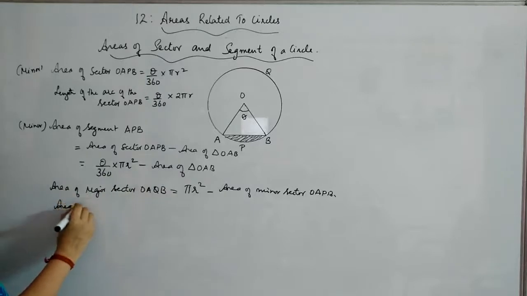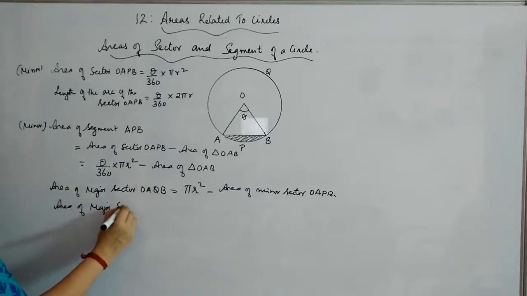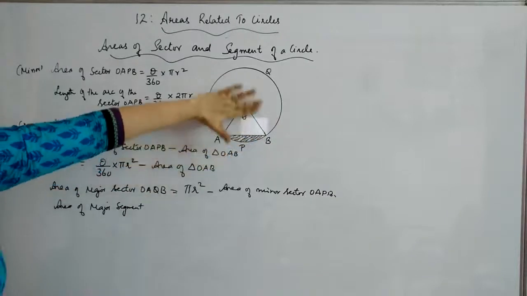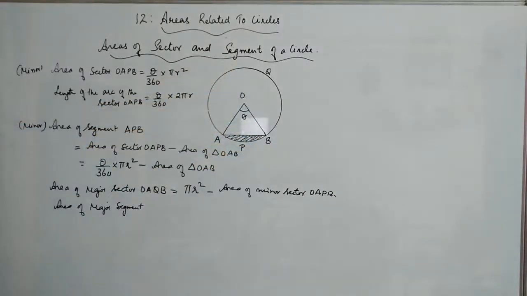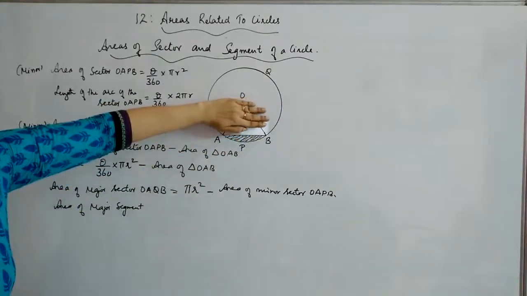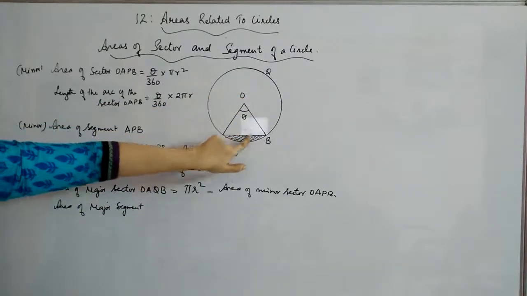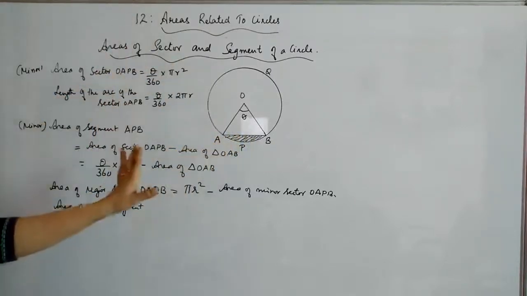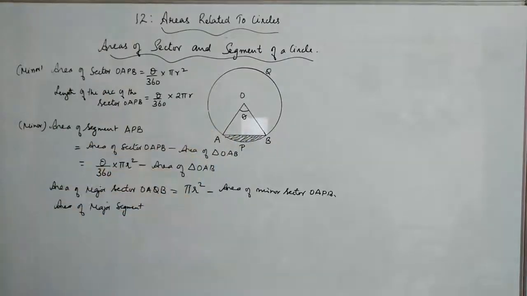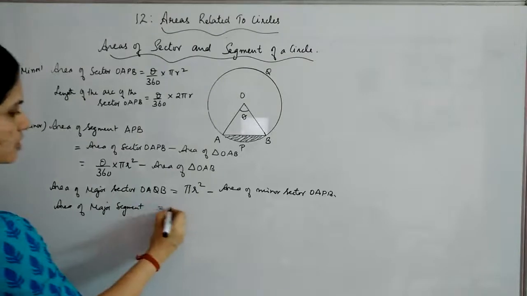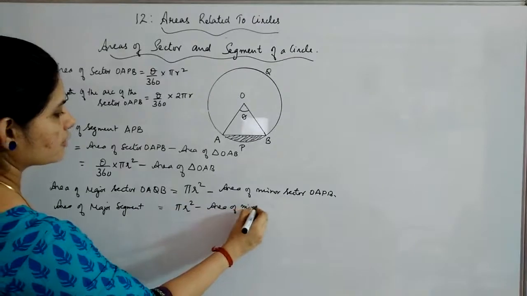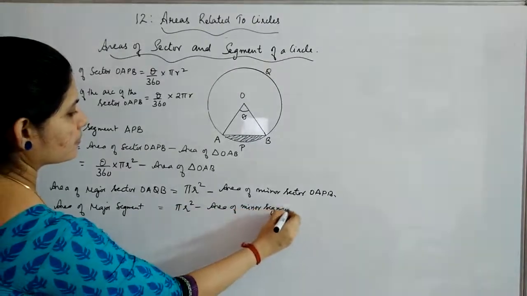That at the time of calculation you can do, and this is the thing which you should know. And what is the area of the major segment? Area of the major segment means this total portion, right? When you get this total portion, it will give you the area of the major segment. That means don't go for this triangle. That triangle's purpose was to find this minor segment. Now from the total area, you have to reduce the area of the minor segment. So this will again give you pi r square minus area of minor segment.